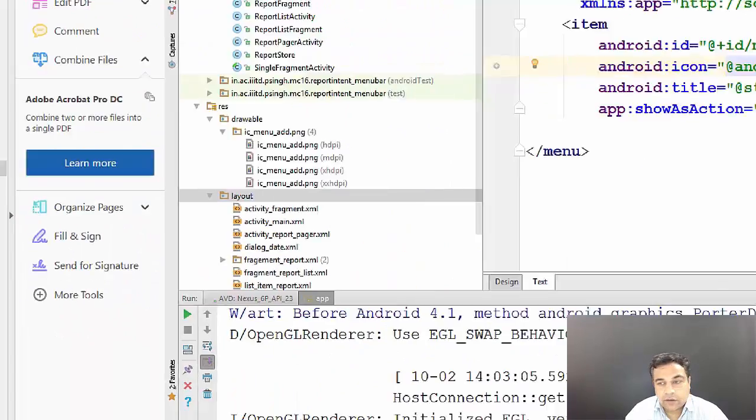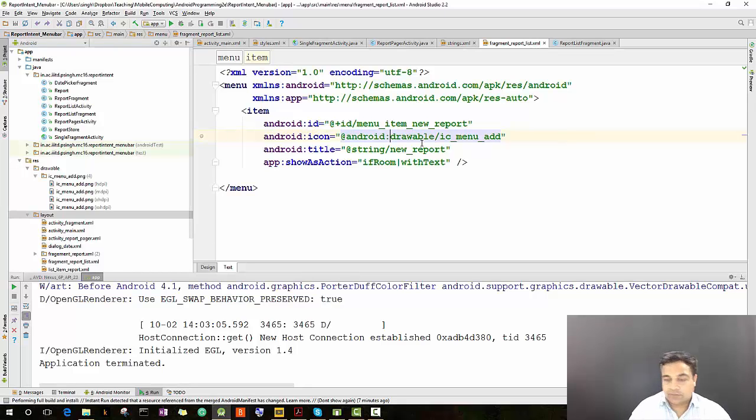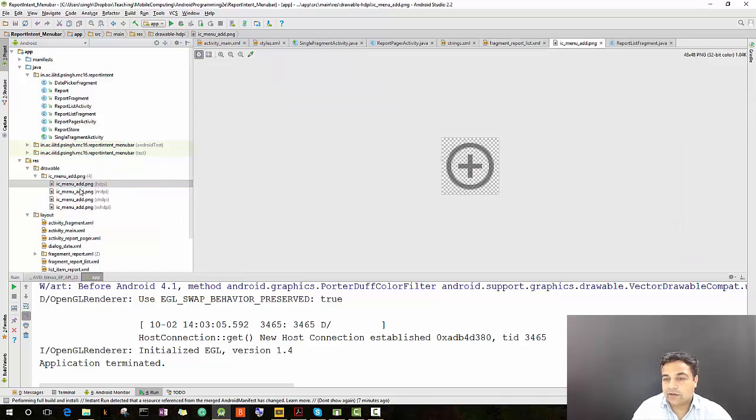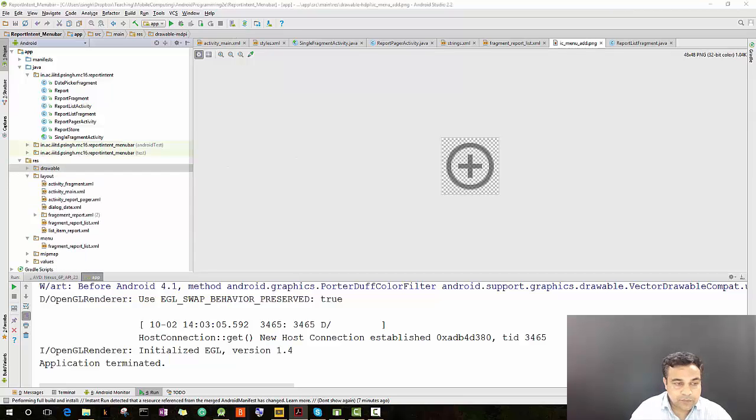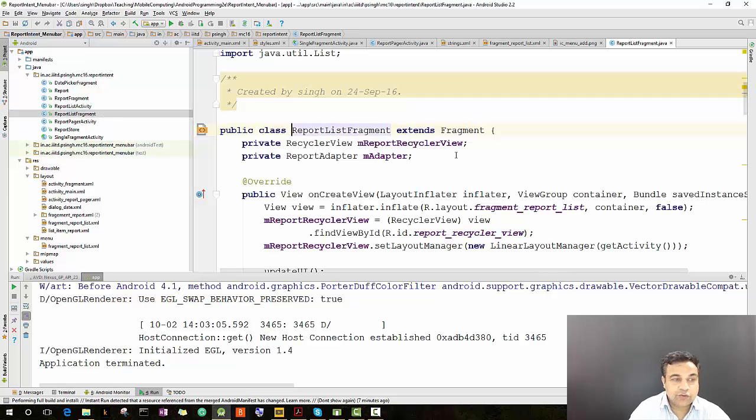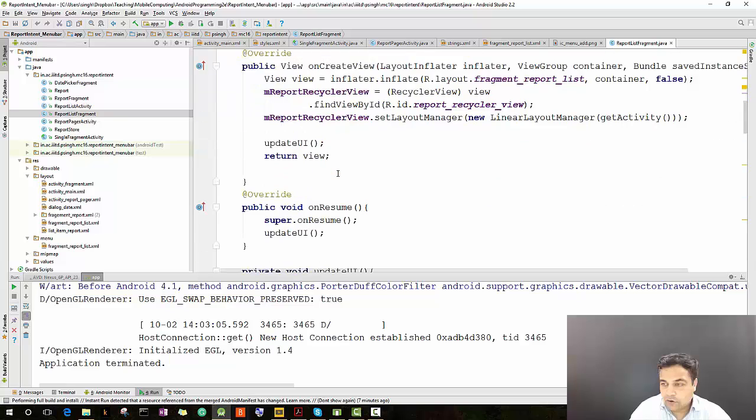So now I need not depend on the Android system. I know exactly how my icon will look like, and see, our error is also gone. So this is the icon we selected. So that's the icon which will appear in the menu toolbar. So let's move forward, and now let's create our menu. So we have already added all the required things. The only thing that we now add is to inflate that view. So let's go to report list fragment, and let's override